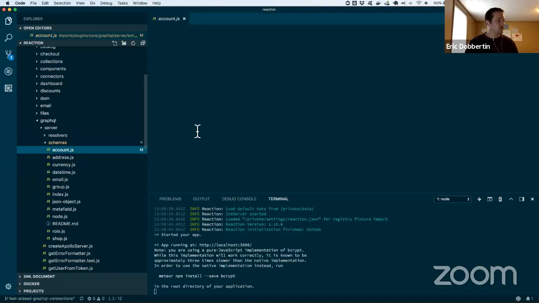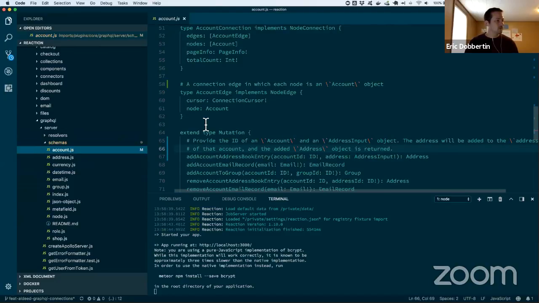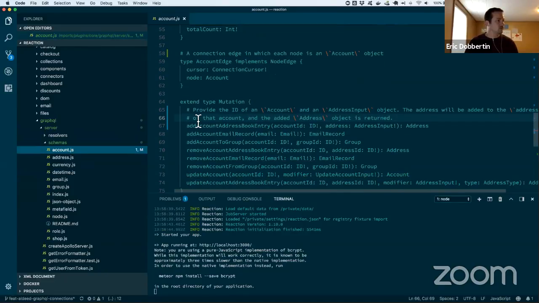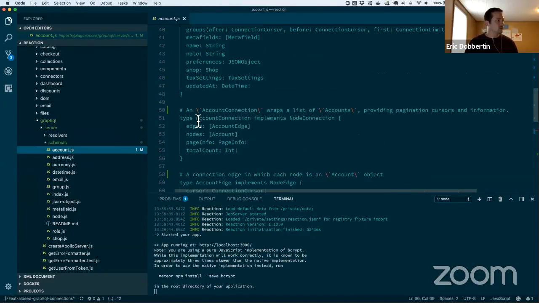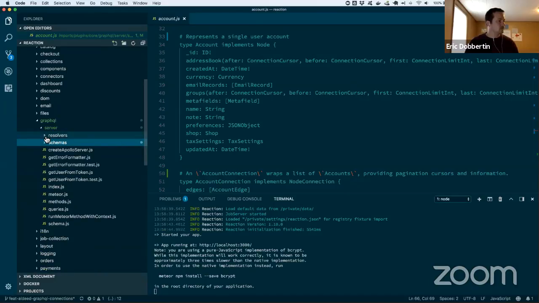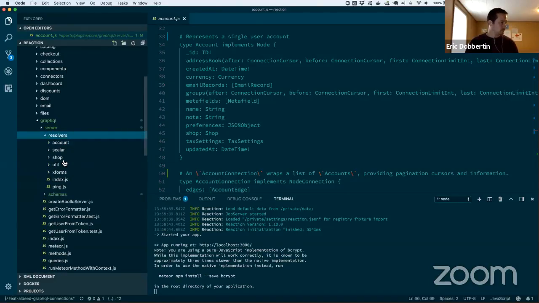They're not using the .graphql extension right now, but that may change. It's just a little tricky within Meteor to do that, but if we figure that out, we may switch over to that. So those are just typical GraphQL schema language. The resolvers are arranged somewhat by which area or plugins they relate to.